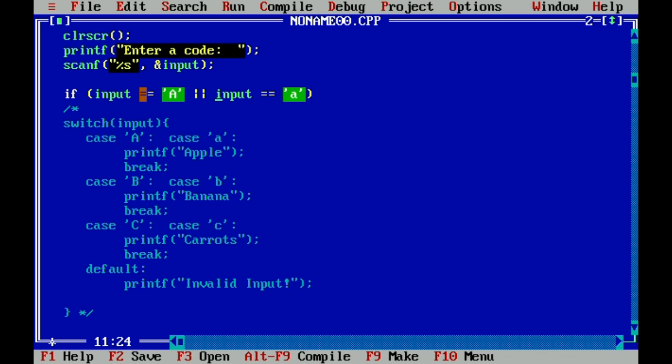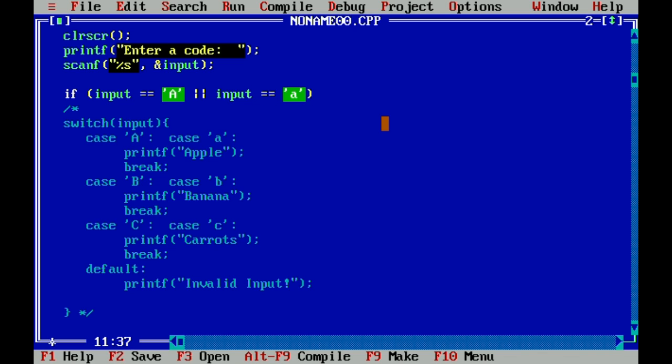If this one is true and the other one is true, then the entire argument for your condition becomes true. And if they are both false, that's the only time the entire condition becomes false.